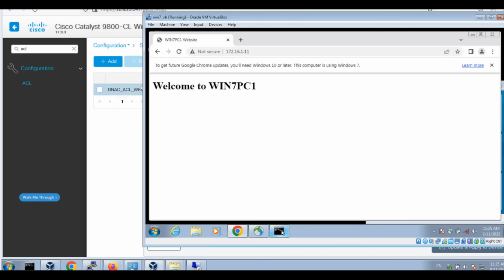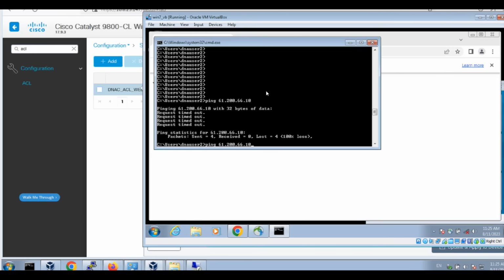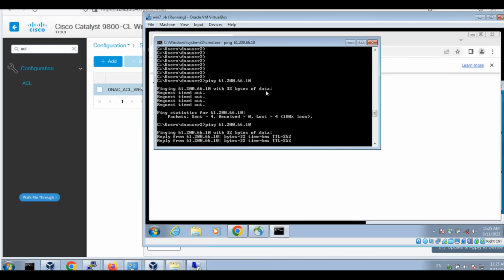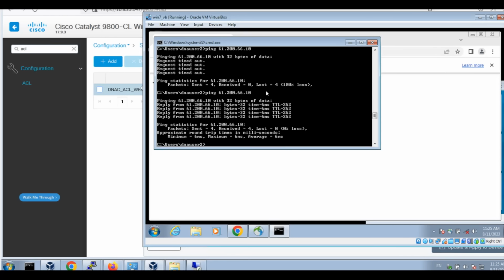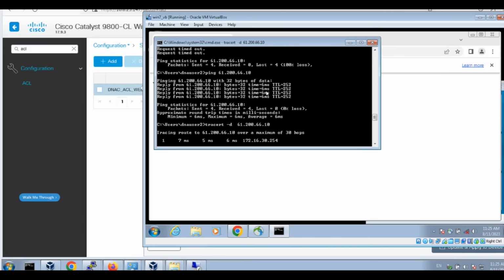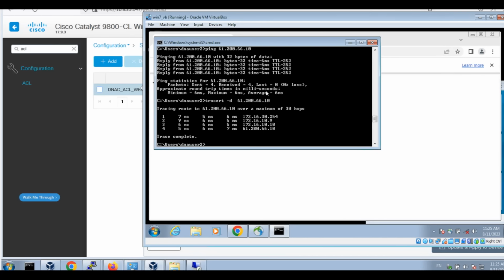With that, can I ping the internet? Yes, it's working. And how is it going to reach the internet IP? I do a trace. The traceroute information shows me it first reached its Anycast gateway, then it went to the Fusion,